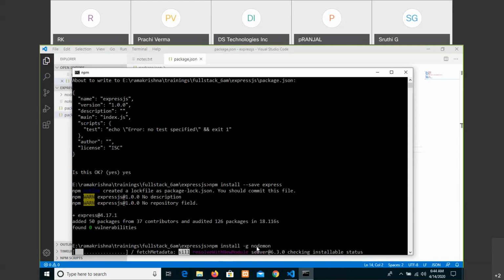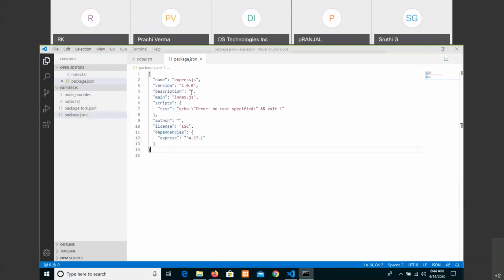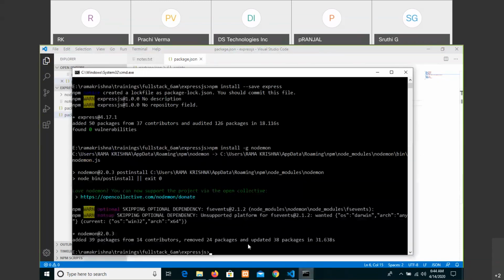Normally, for each and every change, even if you change just one letter and save it, you need to rerun with node. Here, we are basically creating a running server, so continuous execution without a break.